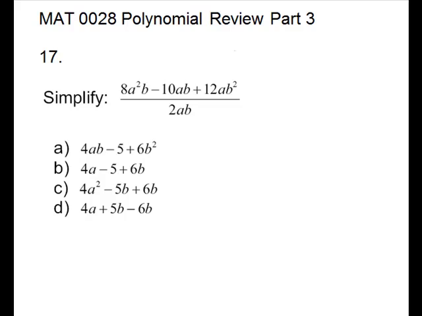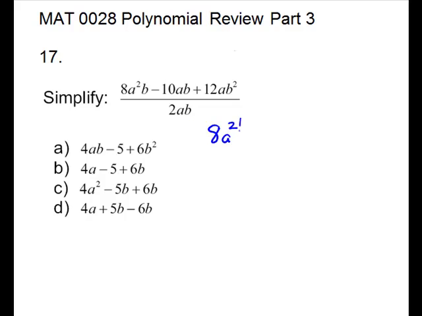Polynomial Review, Part 3. Number 17. This is a monomial division problem. Our divisor is just one term. What we're going to do is break it apart into 3 separate problems, putting each one over that same denominator. So we're going to have